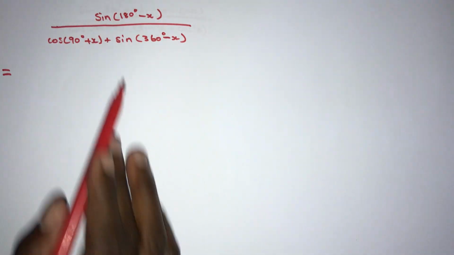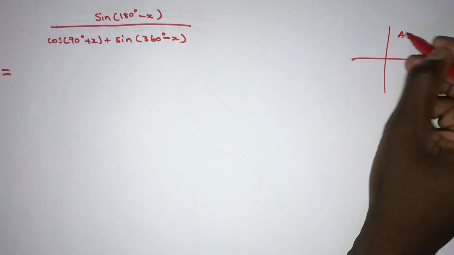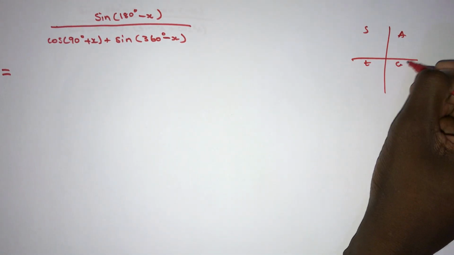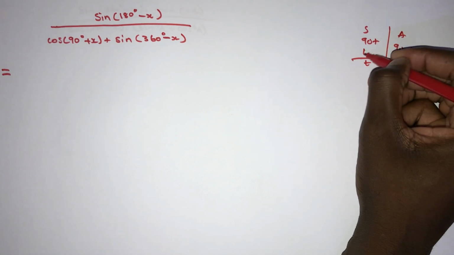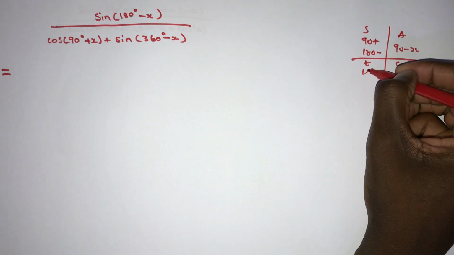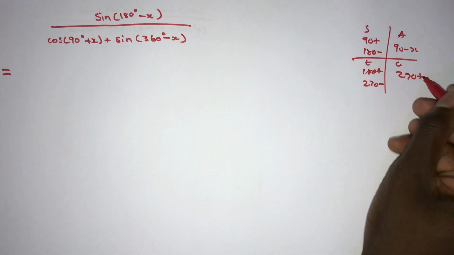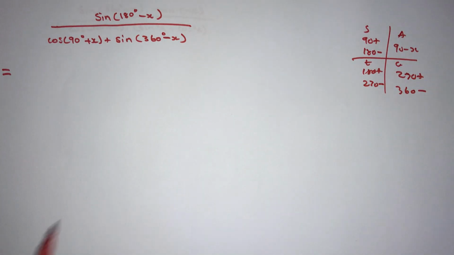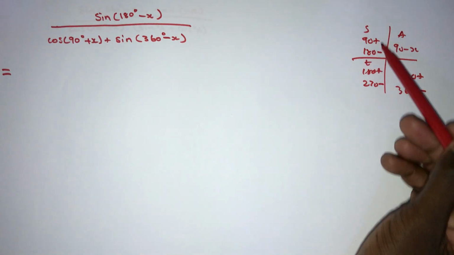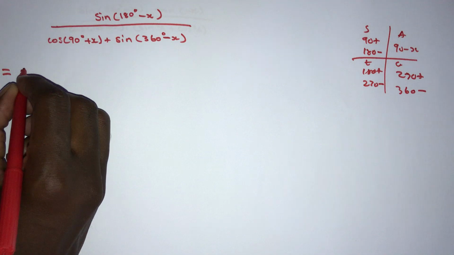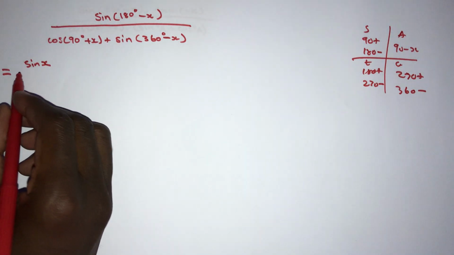Sine 180 minus. Remember, we're going back to the Cartesian plane. So this is all sine tan cos: 90 minus, 90 plus, 180 minus, 180 plus, 270 minus, 270 plus, 360 minus. So this one is sine 180 minus. Let's check. 180 minus is on sine. That means it's becoming positive sine x over